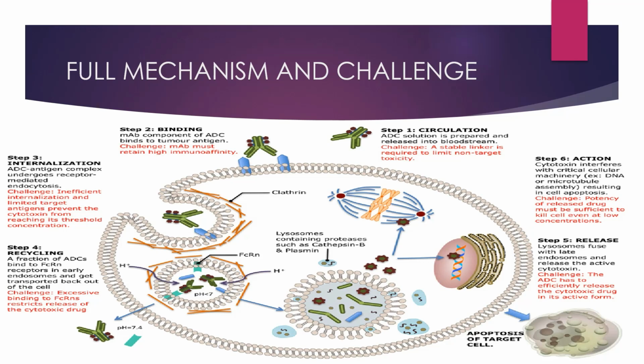Inefficient internalization and limited target antigens prevent the cytotoxin from reaching its threshold concentration. That should be maintained, because if inefficient internalization occurs, the drug cannot be released properly, and the whole complex cannot function properly. And in the fourth step,